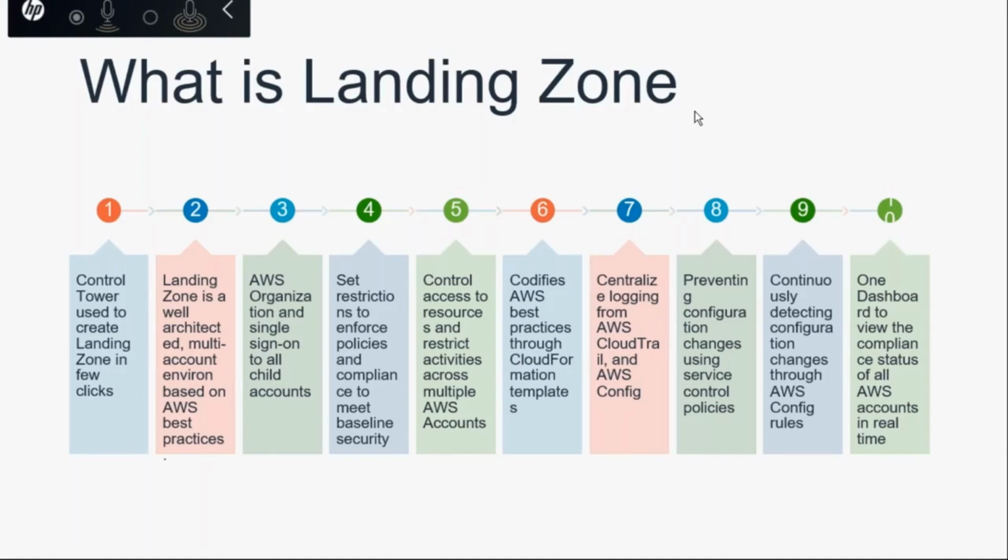Next, billing. Then they will get multiple bills, so I need consolidated billing. To address all those things, AWS brought a lot of services: Organizations, consolidated billing, Cost Explorer. They tried to bring so many things. So a landing zone is nothing but a group of AWS accounts which is designed based on the AWS best practices. That's what we call a landing zone.